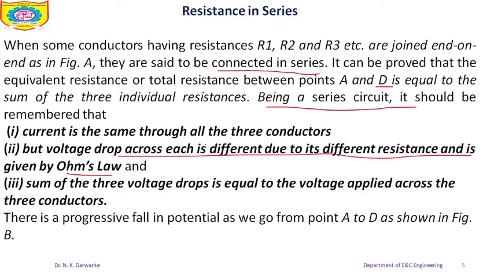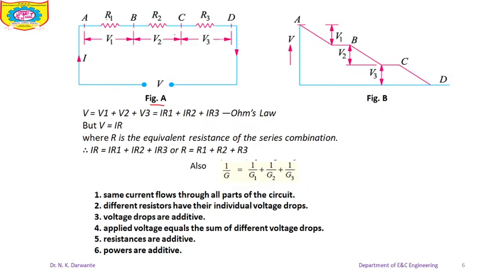Depending upon the value of resistance, voltage will change, and here voltage will be nothing but the constant current I multiplied by the value of that resistance. But let me clarify that if we combine all the voltage drops across these resistances, that is V1, V2 and V3, then they will be equivalent to the voltage applied across all the resistances in series, means across the points A and D in this figure.